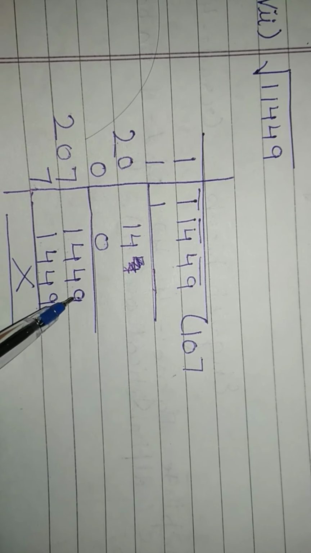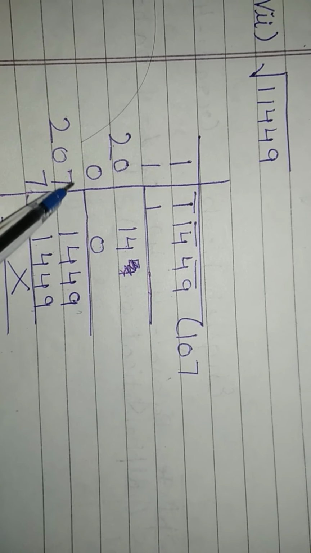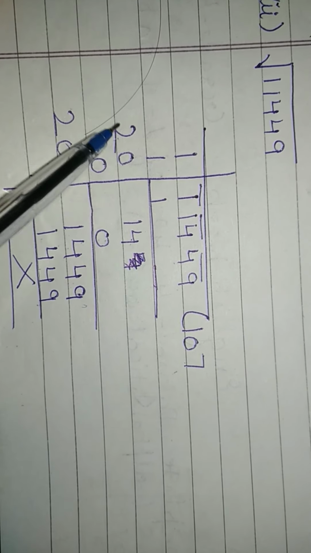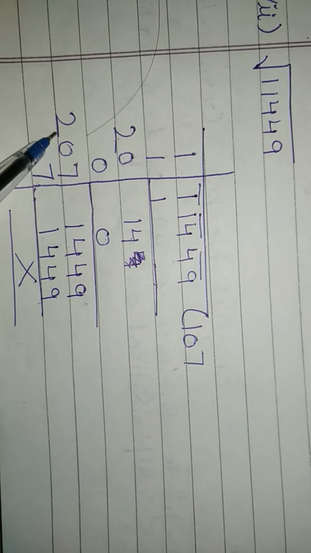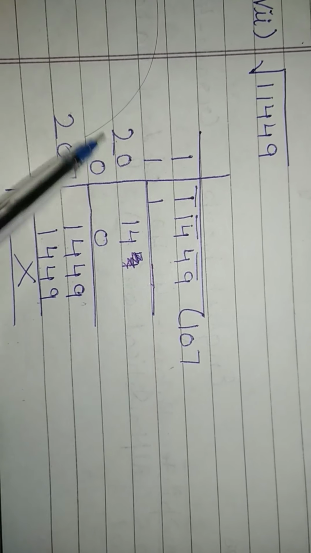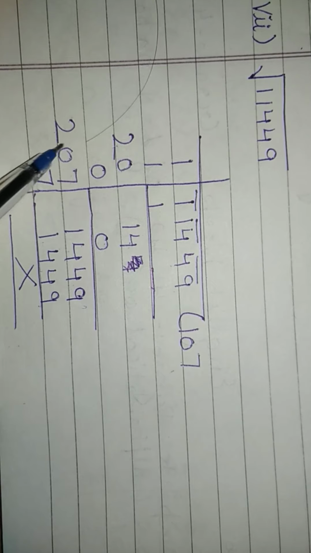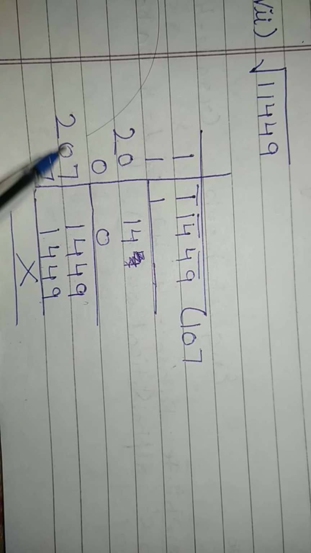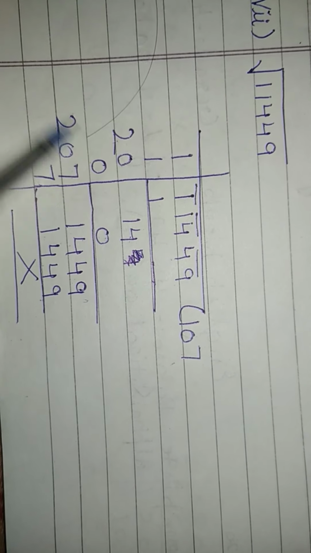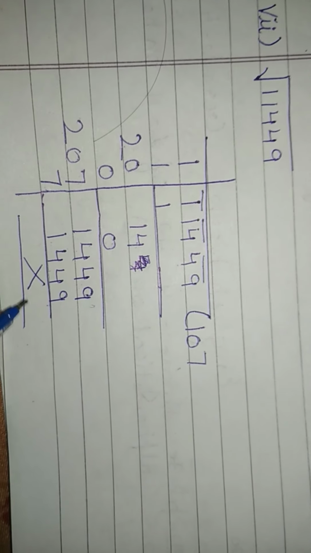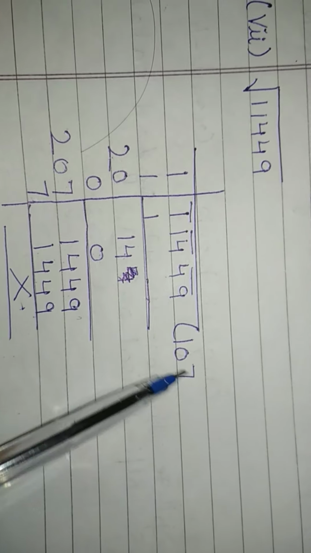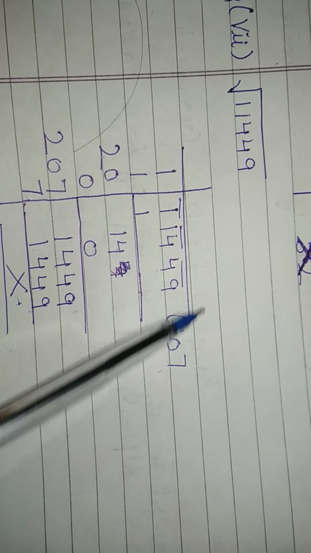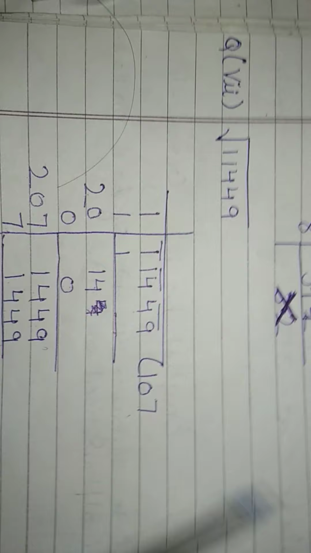of the last period. So now when we multiply, 220 is taken as it is, 2 is written as it is, 0 plus 0 gives 0, and when we multiply 7 by 207 it will give us 0 as remainder. So 107 is the quotient and 11,449 is the square of 107.